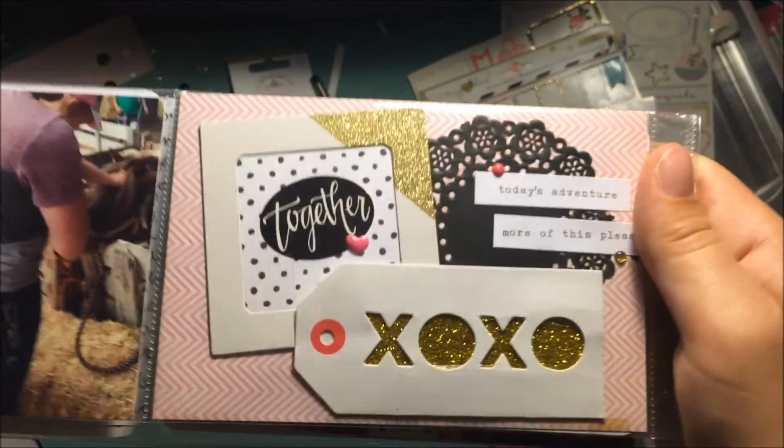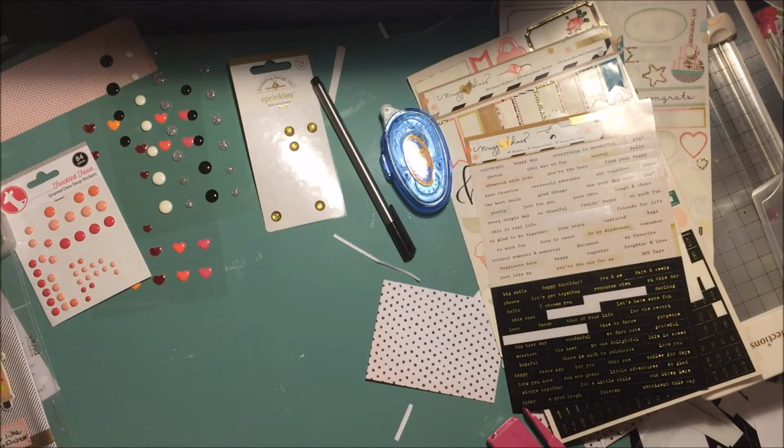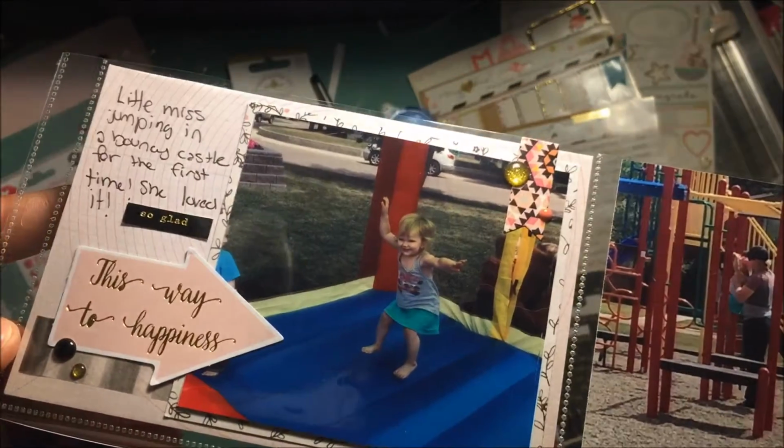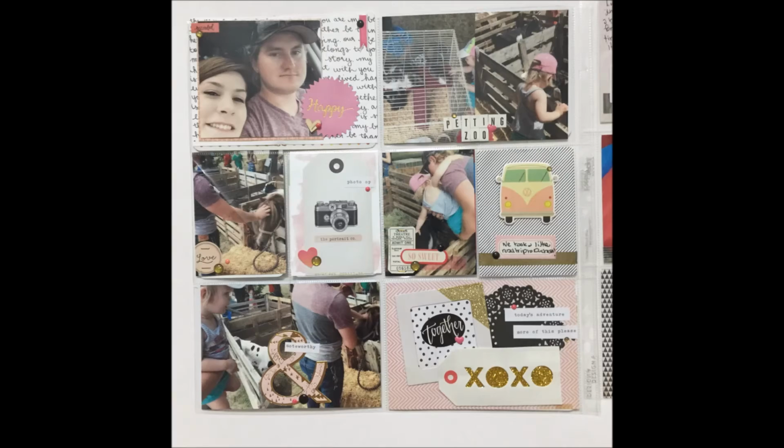I really, really like the way that this layout turned out. There's going to be some close-up pictures at the end. I'm really happy with this. I really love these Laurel Lane Designs cards. They're so simple, but just so perfect. You know, they're really beautiful. So yeah,